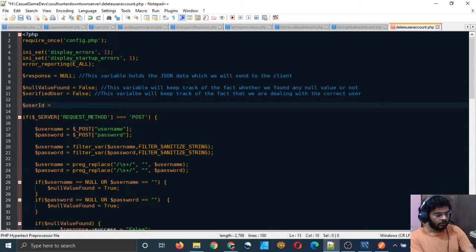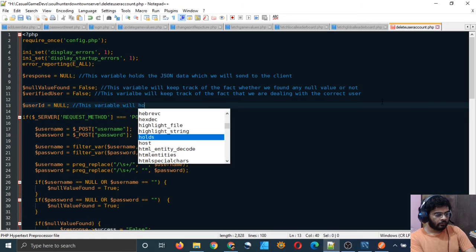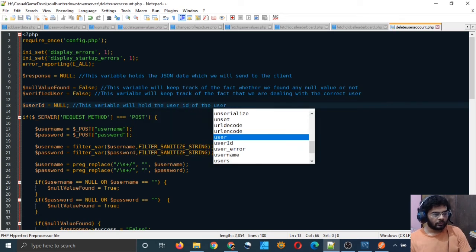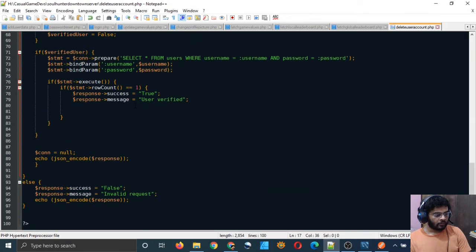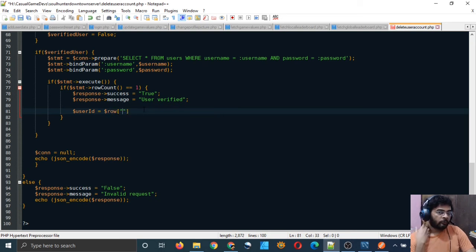User ID is equal to null by default. This variable will hold the user ID of the user, right? So now $user ID is equal to $row. Since we have fetched only one record, we don't have to put an index here, right?